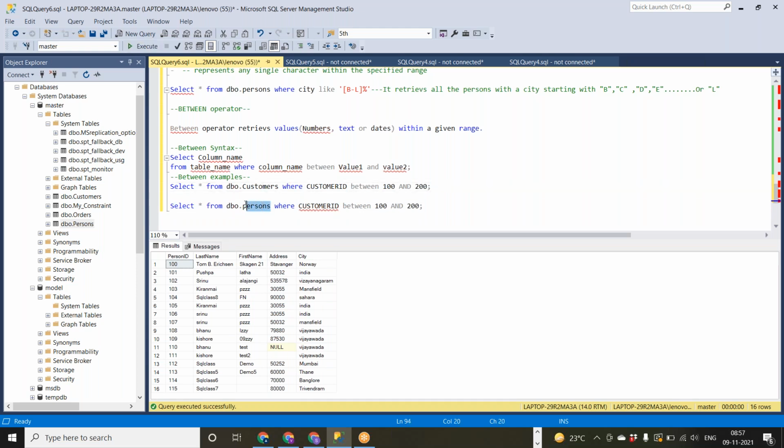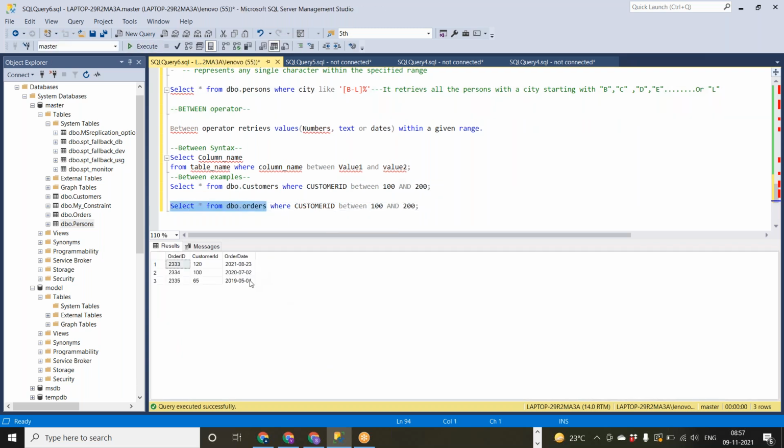I'm just looking for the date columns if we have anything. Okay. So we have some date columns, right? I'll give the date columns.